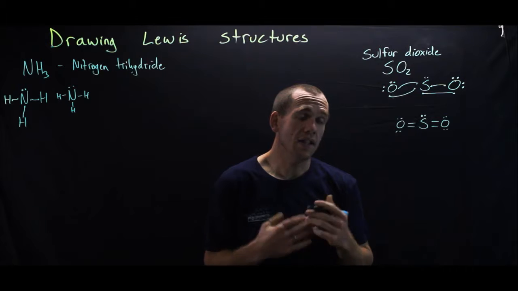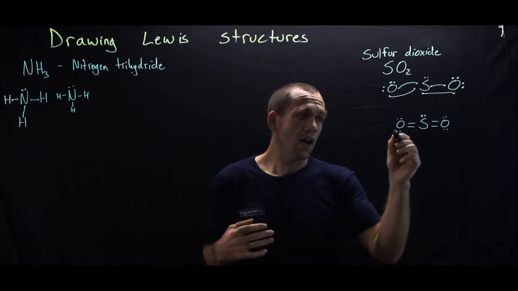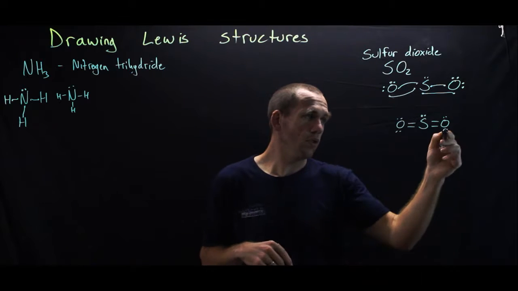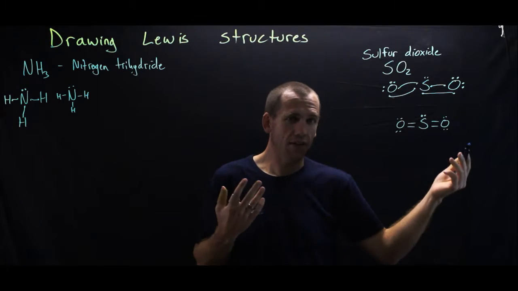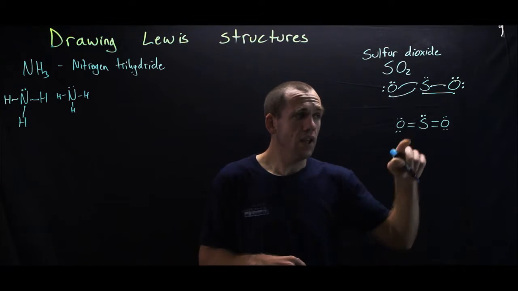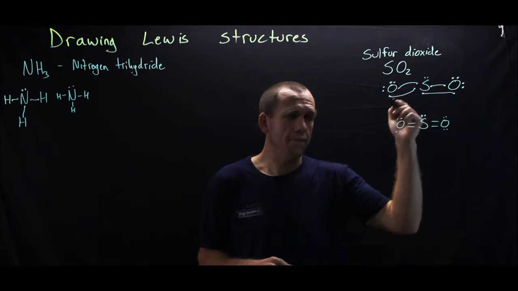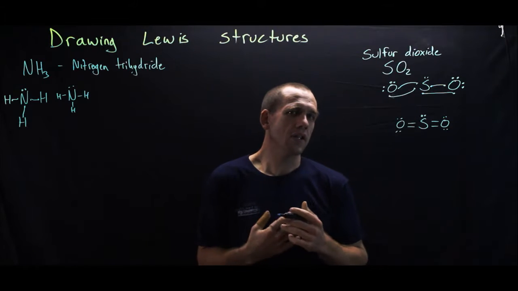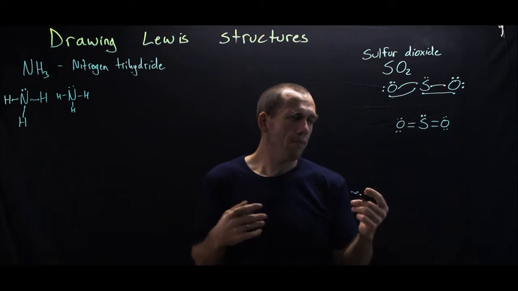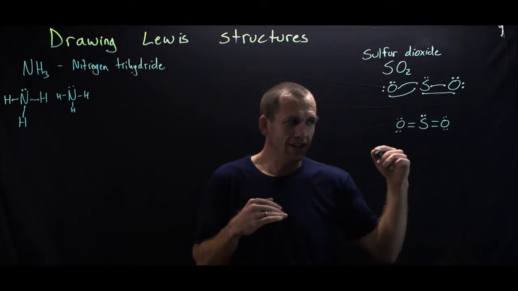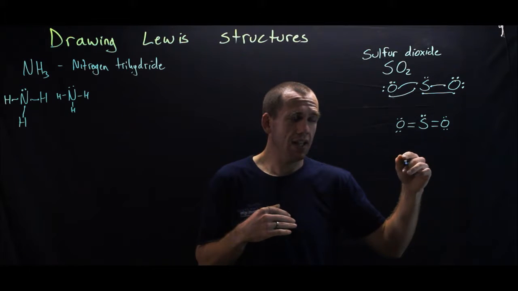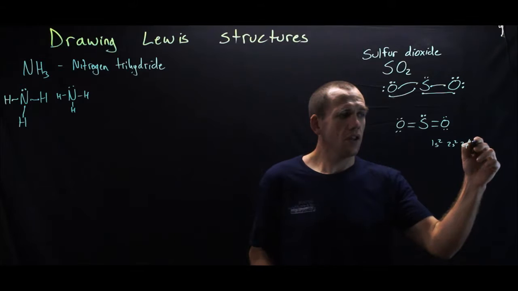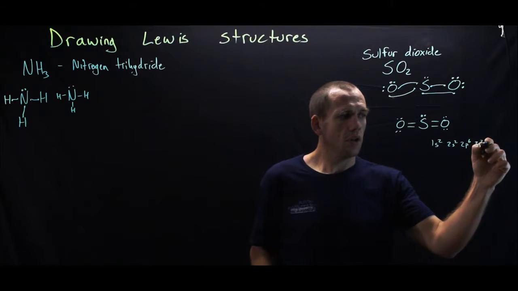Now, if we look at this, it's a little bit weird because oxygen, 2, 4, 6, 8 valence electrons, it's obeying the octet rule. Oxygen, 2, 4, 6, 8 valence electrons, it's obeying the octet rule. Sulfur, 2, 4, 6, 8, 10 valence electrons. That's not obeying the octet rule. That's got more electrons than the octet rule accounts for. But remember, sulfur is actually down in the 3rd period on the periodic table, which means it has 1s2, 2s2, 2p6, 3s2,